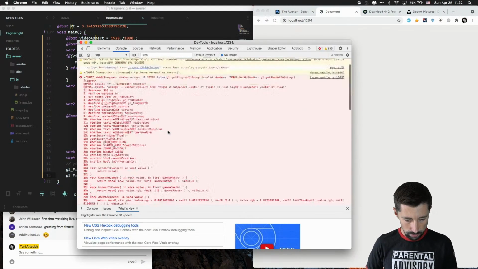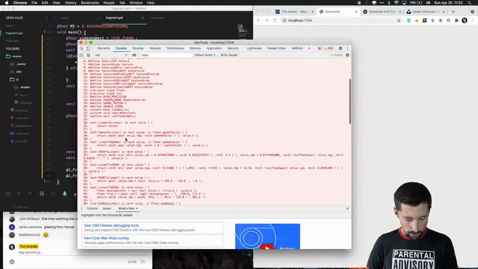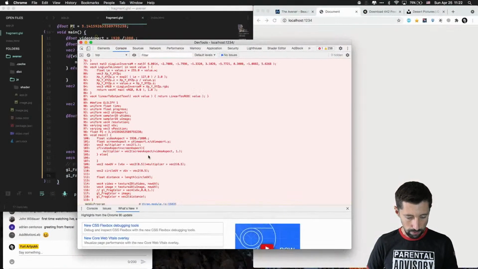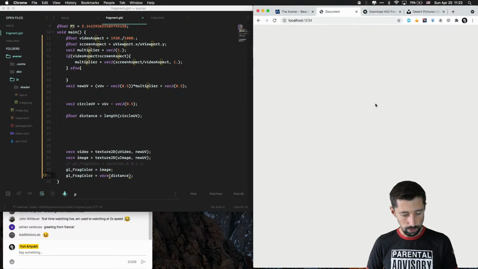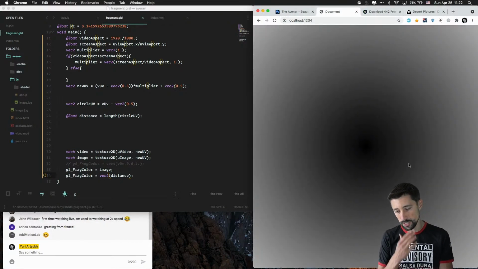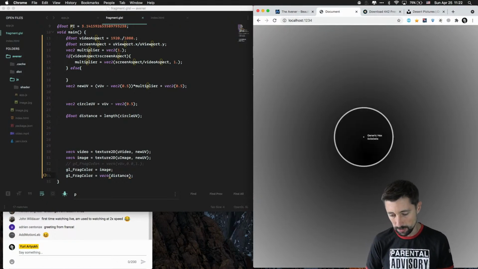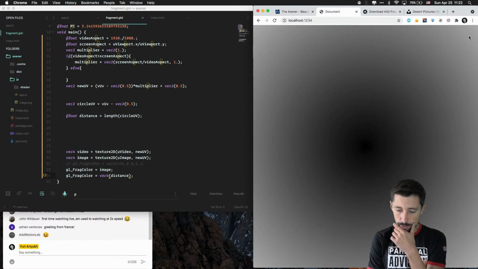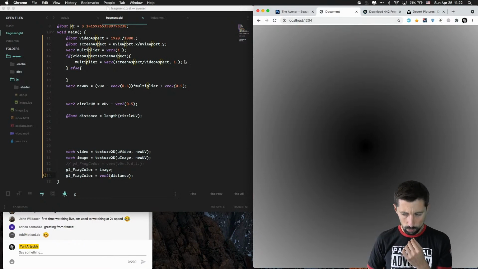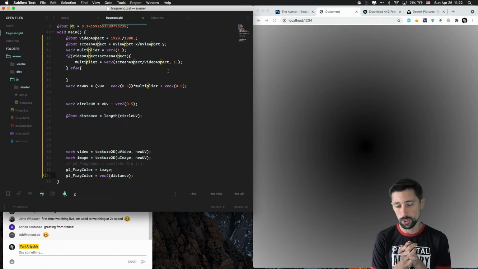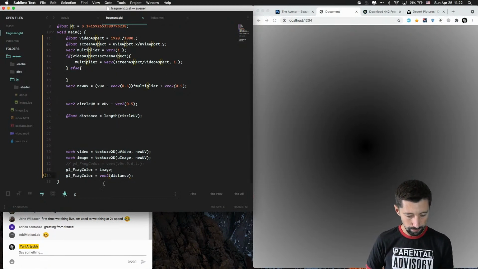Why don't I see anything? Oh, of course, yeah. It should be vector 4. Greetings to France too. So now we have the distance from the center. It's obviously 0 at the center, and that's why it's black at the center. But then it gets bigger when you get to the edge of the screen. So I want the function which gets me the circle, but which is more like sort of